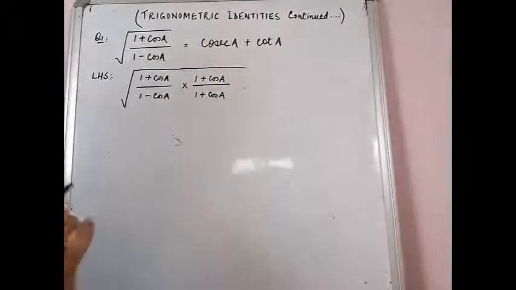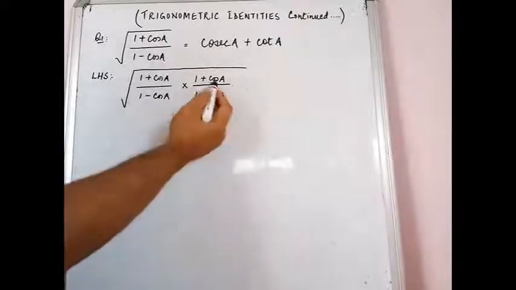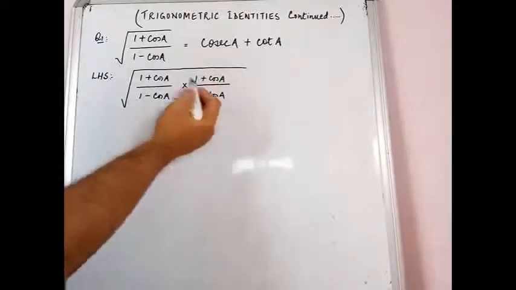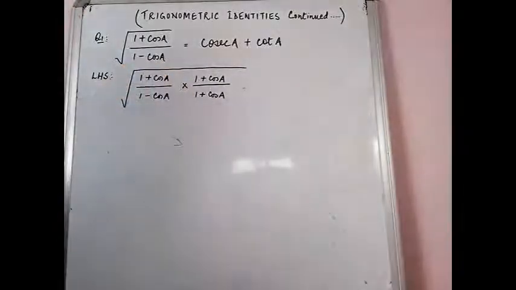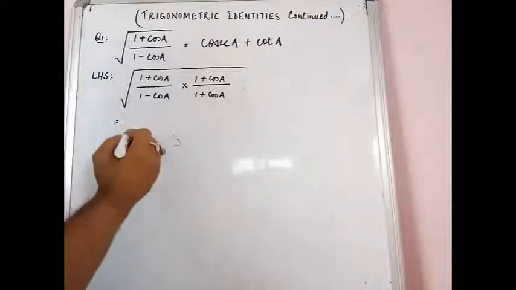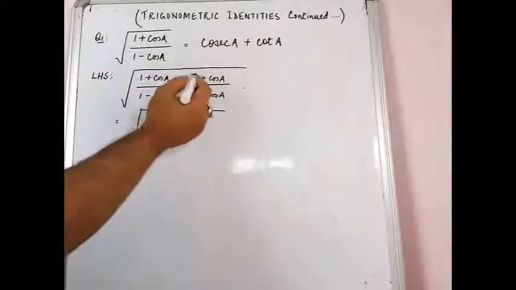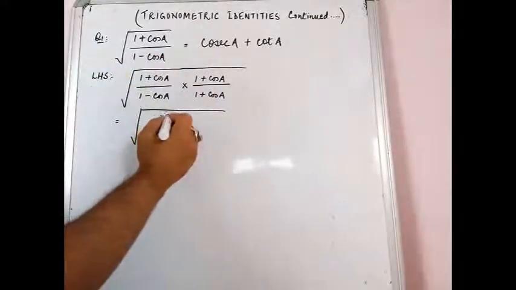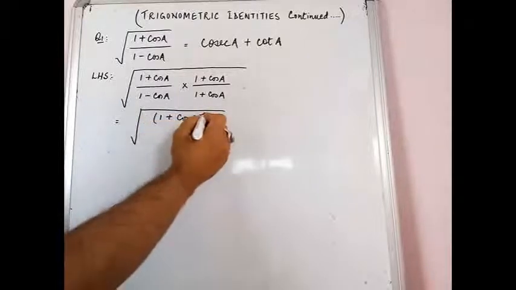So essentially we are not making any change. See, 1 plus cos a upon 1 plus cos a, essentially it gets cancelled out. So you have your question over here. Now the purpose of doing this can be seen in the next step: when you see 1 plus cos a and 1 plus cos a, the same thing is there, so you get (1 plus cos a) square